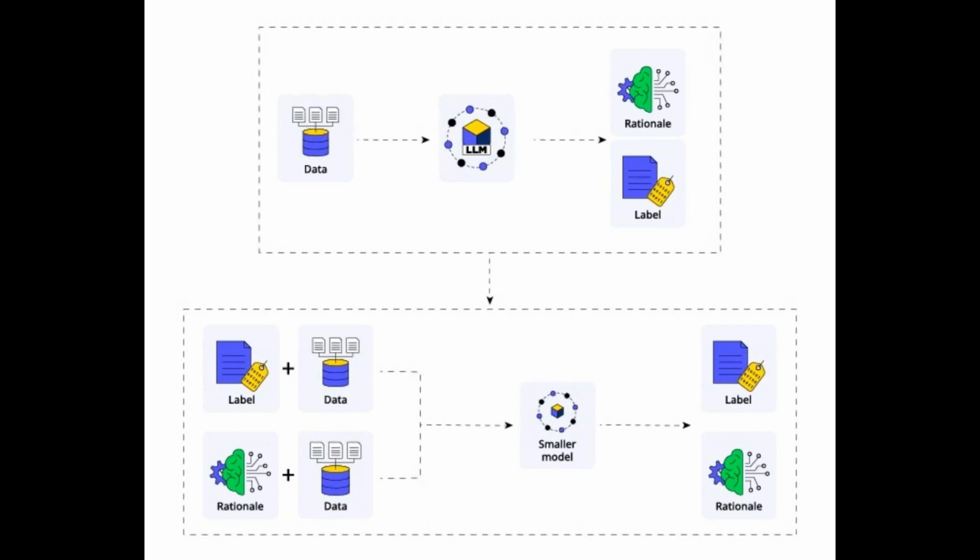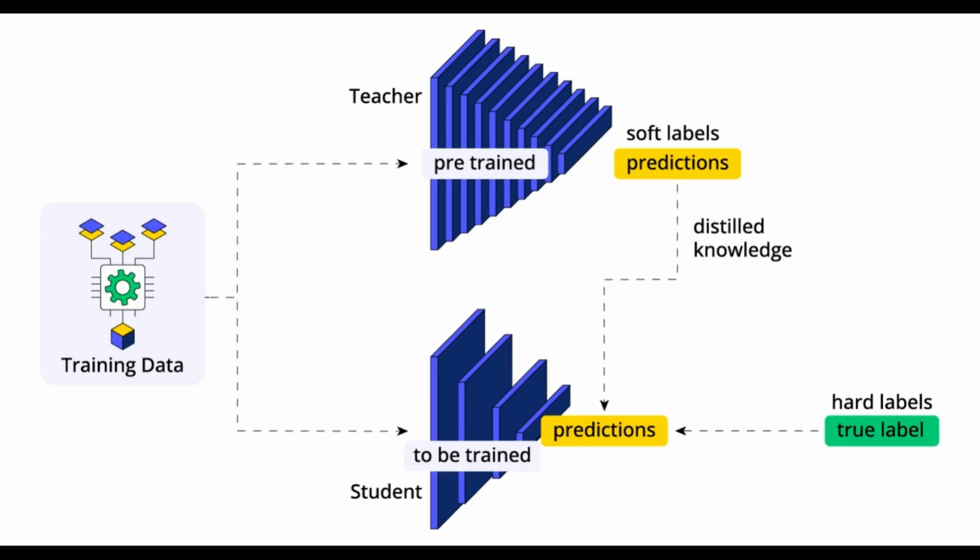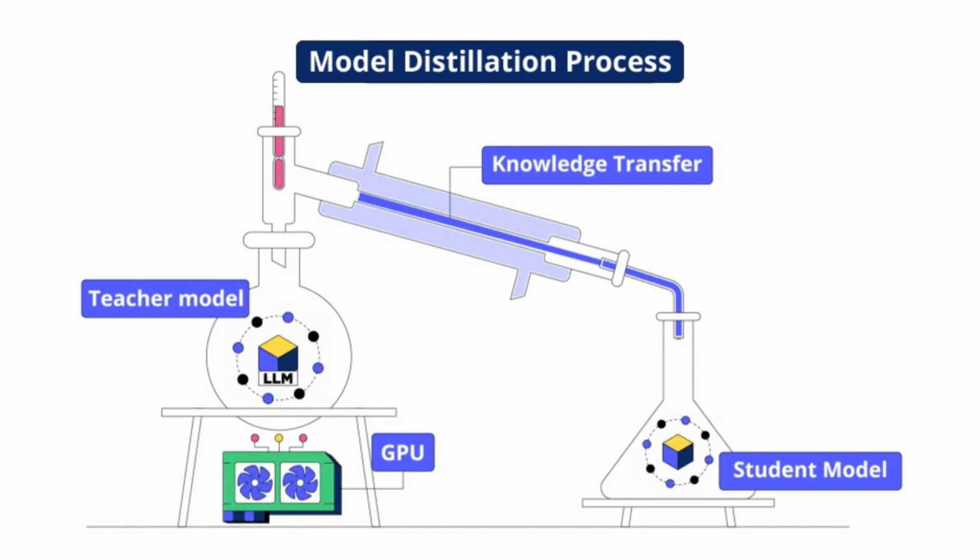Distillation, by itself, is neither illegal nor immoral. It's a standard technique in machine learning research. But the source of your training data matters big time. If you are feeding your student model with outputs from a competitor's API that explicitly bars such usage, you could be crossing the line into copyright or contract violations.